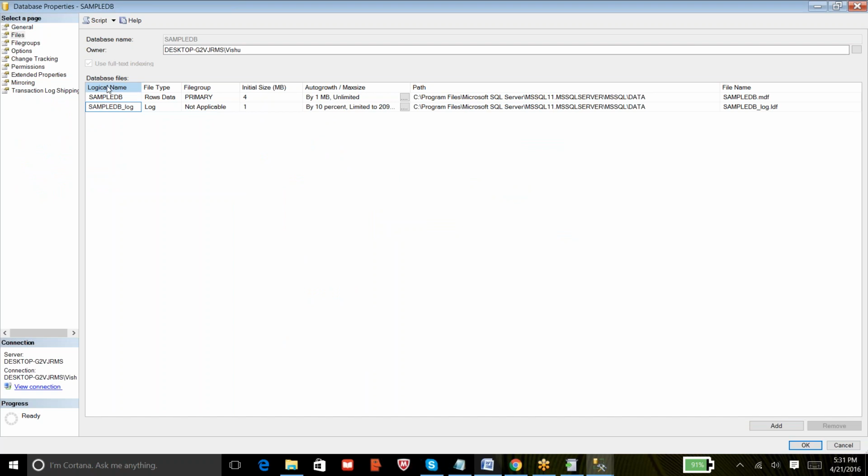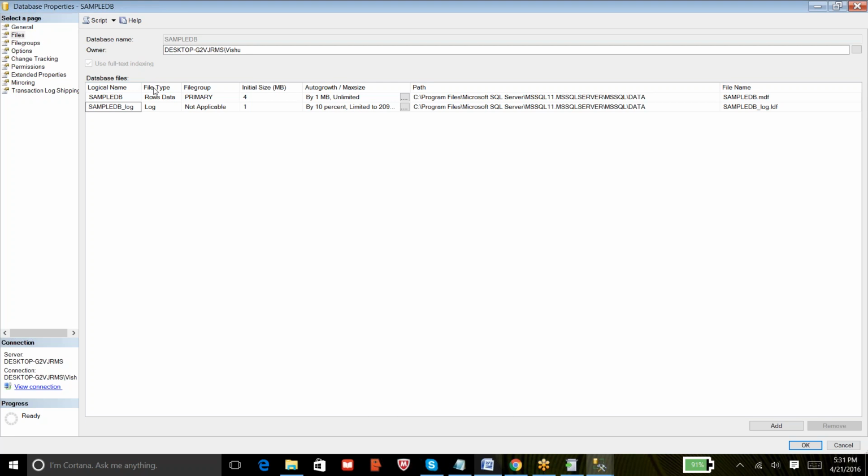The first column is the logical names. The file names we have been talking about until now are physical files. The .mdf and .ldf files are physically present on the drives. But these are logical names that are required for SQL to identify your database. So these are the logical names of the database files, and then this is the file type.